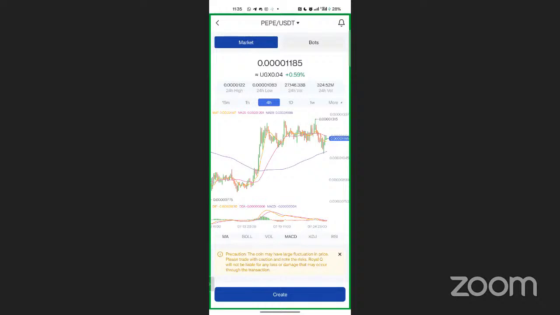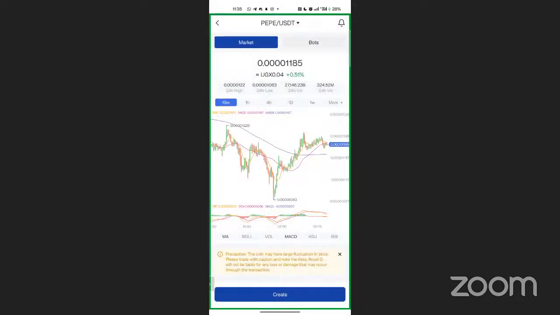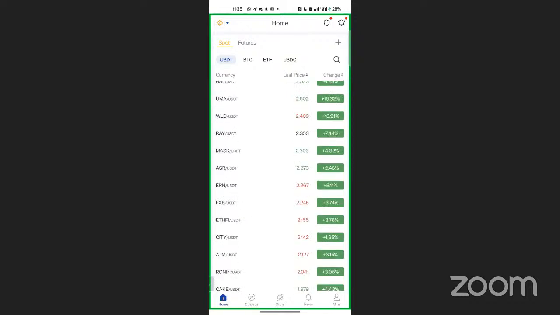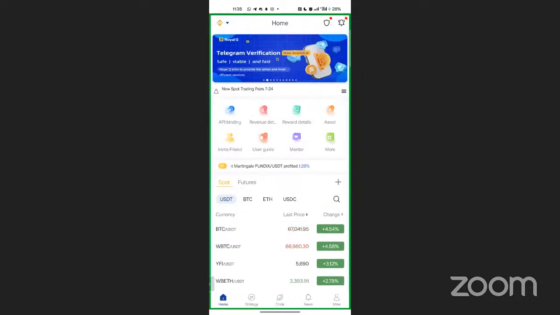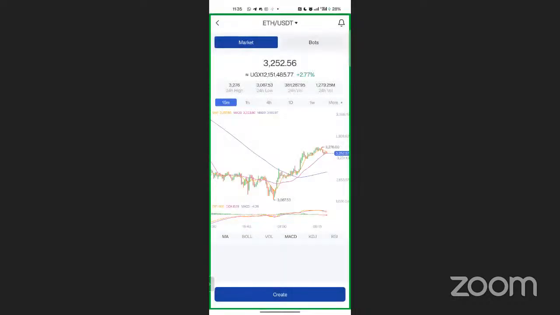Now this one, it is good, but I'll wait to trade. Maybe in the 1 hour time frame. Maybe in 15 minutes. I will not trade. Let me check on Ethereum. It's simple. Where is Ethereum? Ethereum is now going to go down.